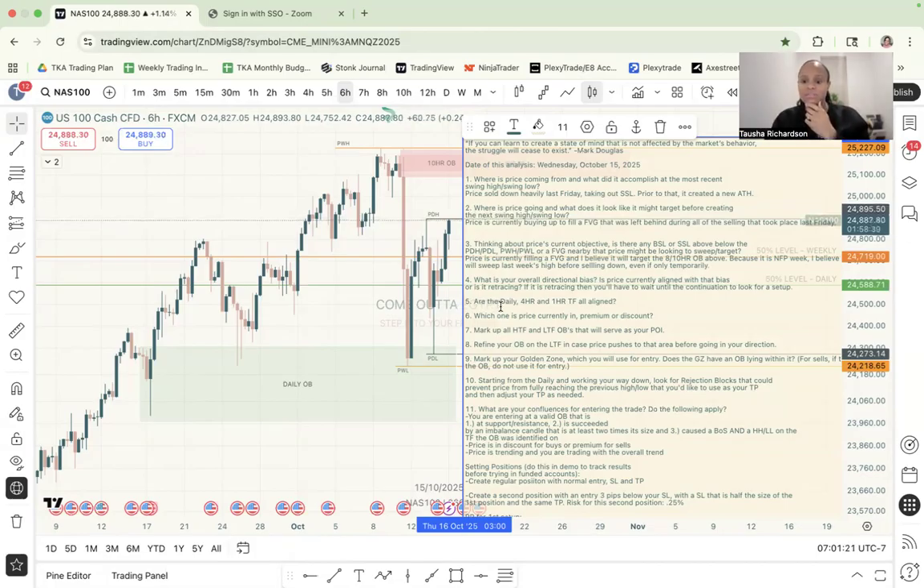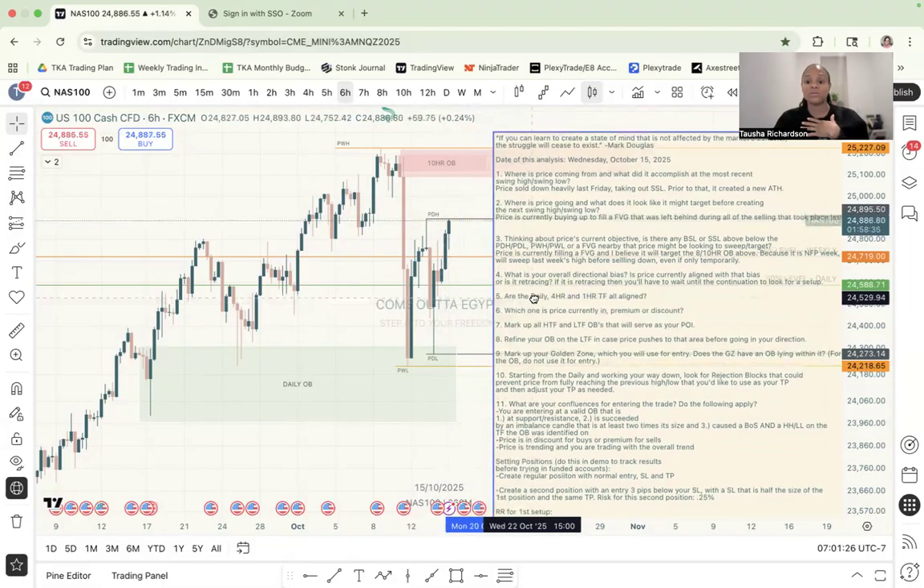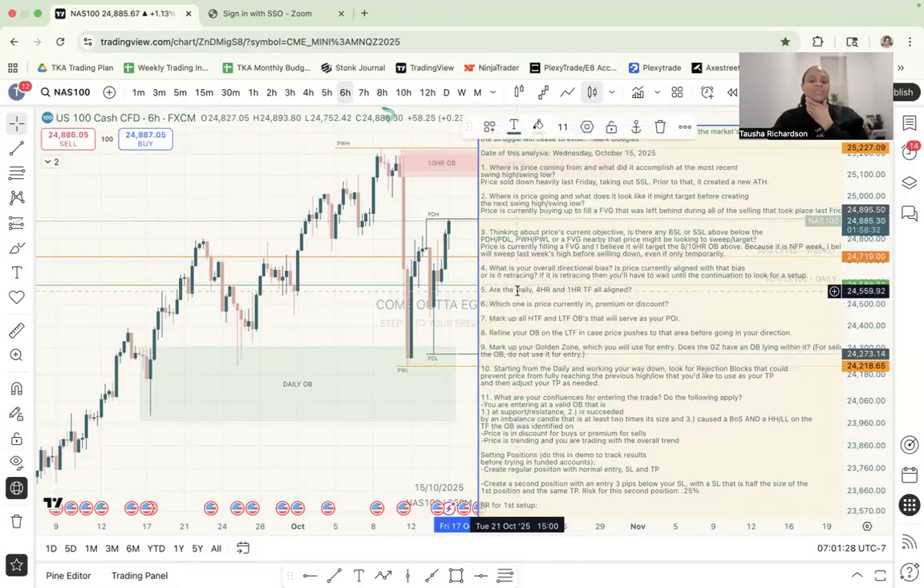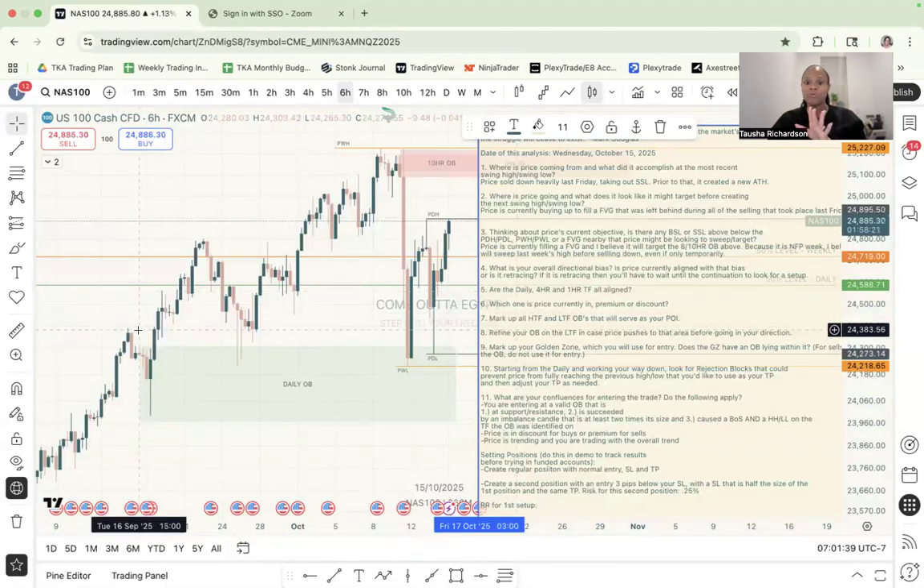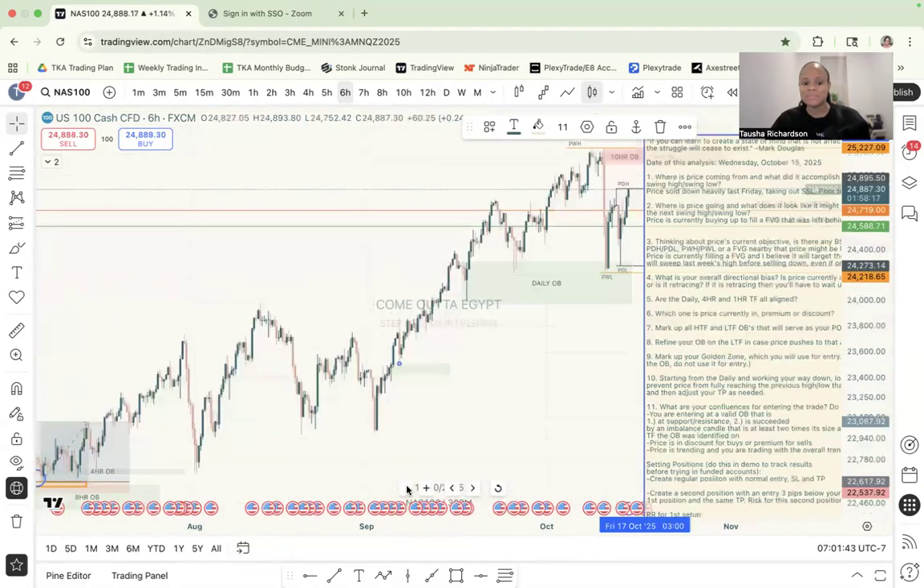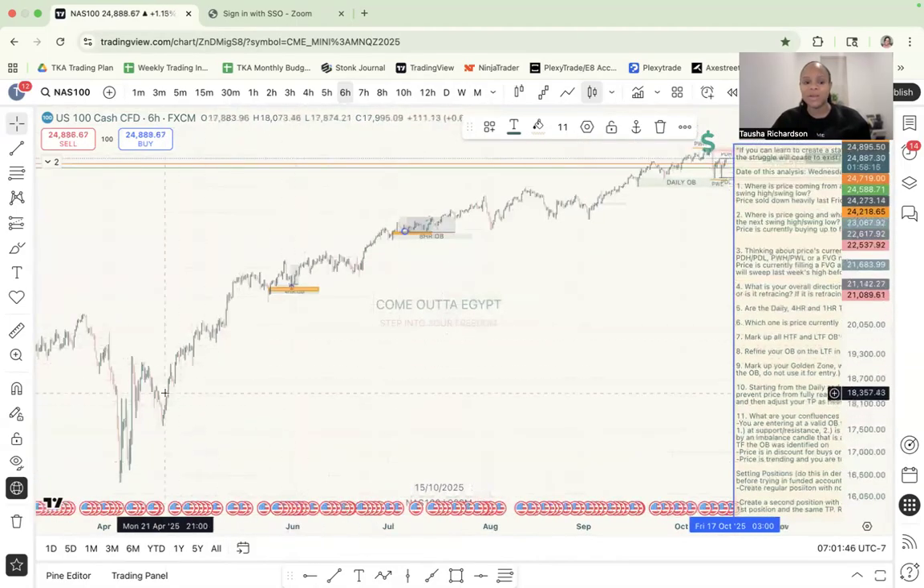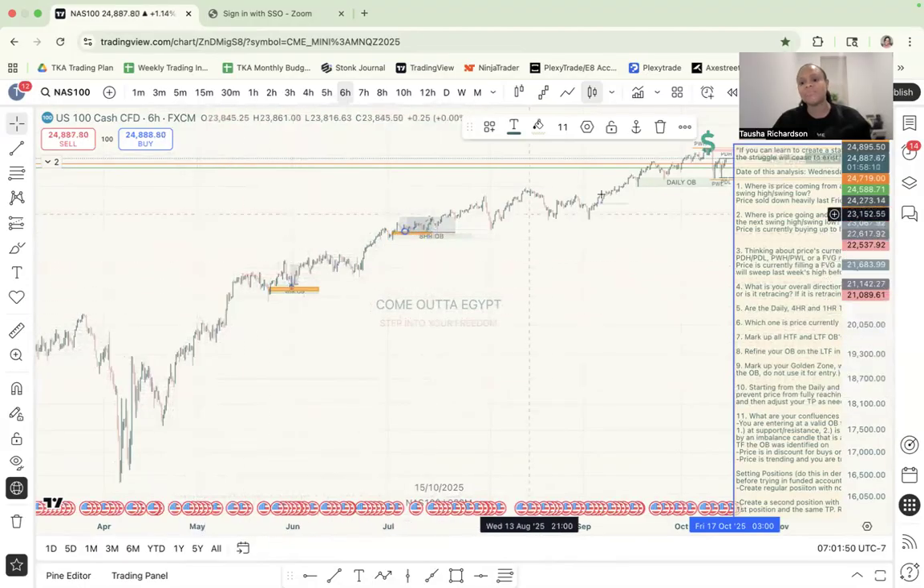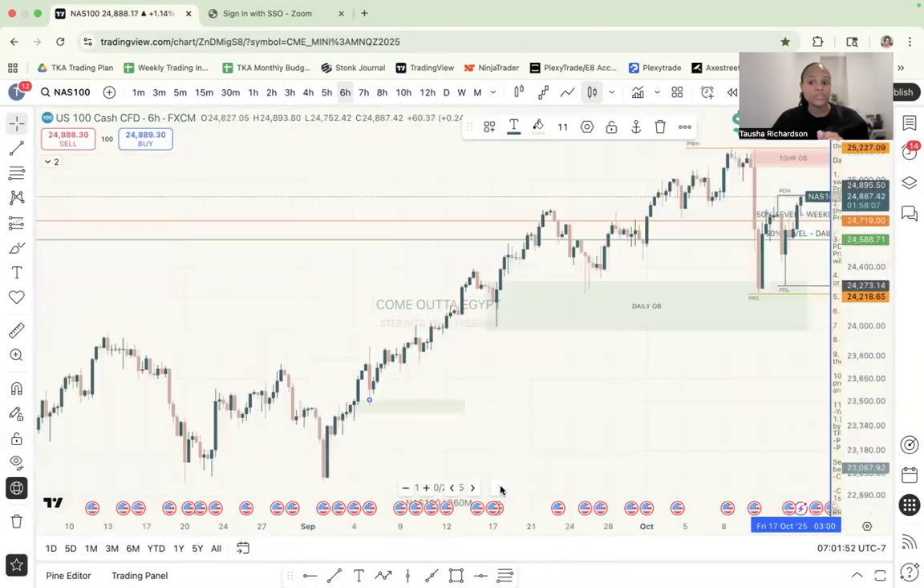Okay, so the next thing I'm going to ask myself is, what is my overall directional bias? Is price currently aligned with that bias, or is it retracing? My overall directional bias for NAS is bullish overall, right? NAS usually spends most of its time buying up. If we zoom out a little bit, we can see that the majority of the time NAS is buying up. But it is currently,